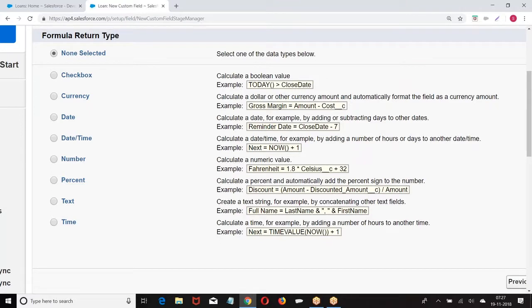The formula we write is going to return the result in the form of checkbox, currency, date, date time, number, percent, text, time. Any formula we write, the result will be in this form.